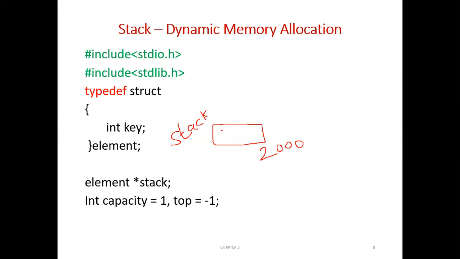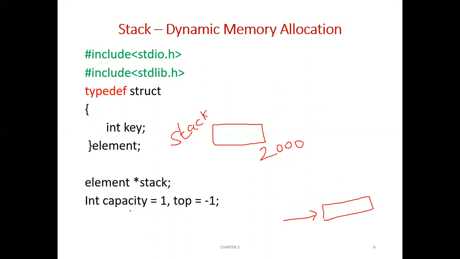Okay. Now here dynamically we are going to create a stack. What does it mean? It means that initially the size of our stack will be such that the capacity of the stack will be to hold only one item. So in this stack you can only push one element, right? So when you try to push the second element, the stack is full. So whenever the stack is full, the stack size will be doubled.